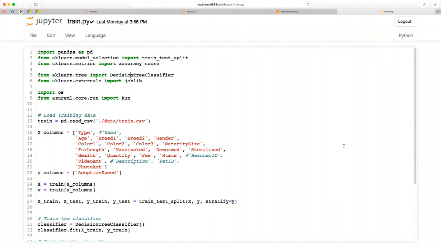You do need to know how to train a model, how to use Python. But then all you need to do is take your existing skills, how you train a model using Python, and you can run this everywhere you want. And it just works. And it offers capabilities for logging metrics.